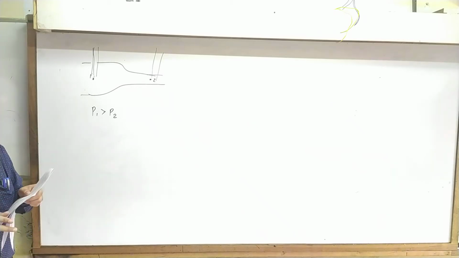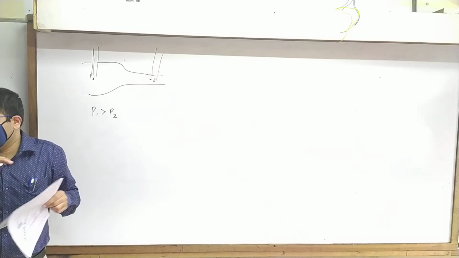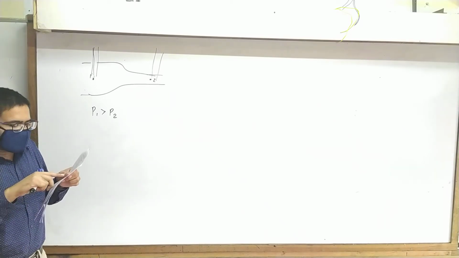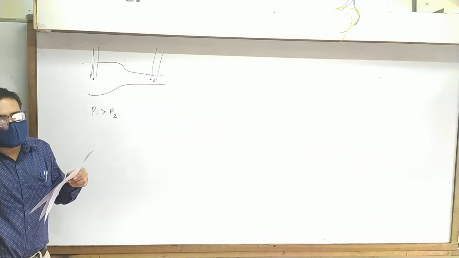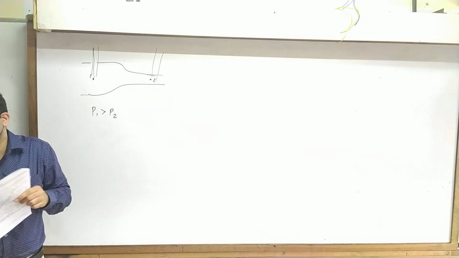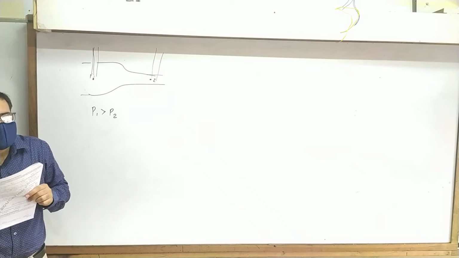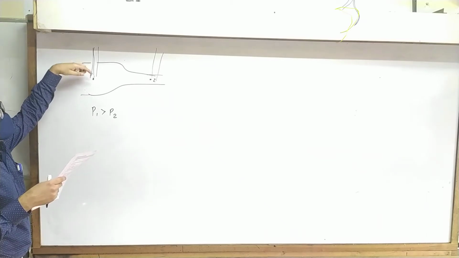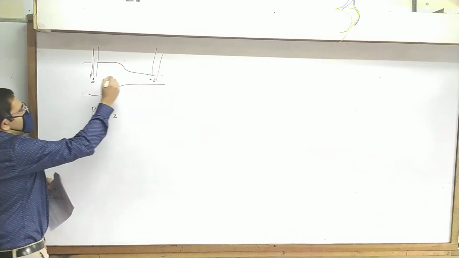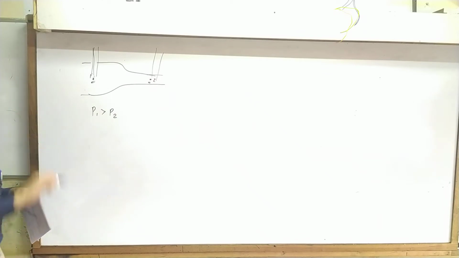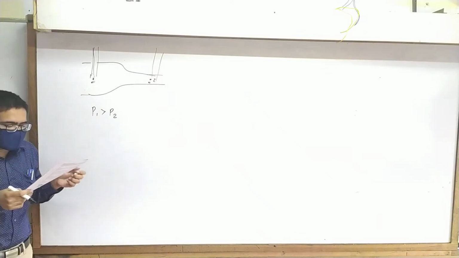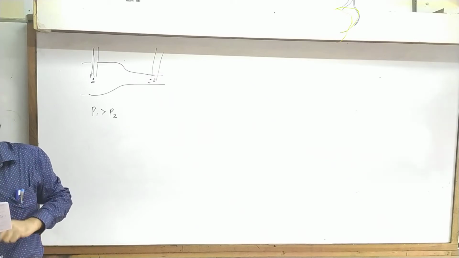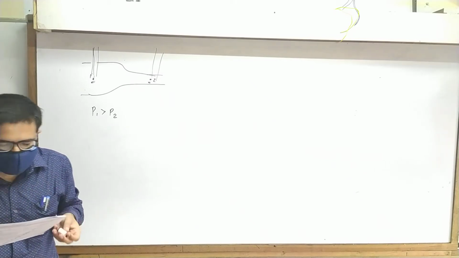I hope you all realize that A is correct, and B, in which both are at the same level, is wrong. In C, once again both are at the same level, that is wrong. And D, where nothing goes up, again both are at the same level, that is also wrong. Understood? Right? Again, the one on the broader side should be higher, because the pressure over here we know is more than the pressure over there. If it's not higher, the pressure can't be more. Okay. Then let's go to the next question.